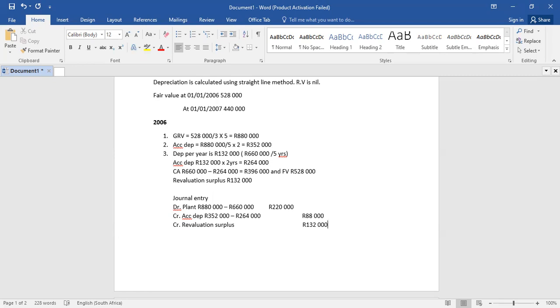None. Okay. So for 20x7, time is running out, so we will continue next time. I don't want a long class. Okay. So in 20x7 you are given another fair value, that is, in 2007, which is the next year. We revalued the asset again and found that the fair value is 440,000. You will again calculate the new gross replacement value and your new accumulated depreciation. Then you compare your carrying amount with the fair value of 440,000 to check whether we have again made a revaluation surplus or